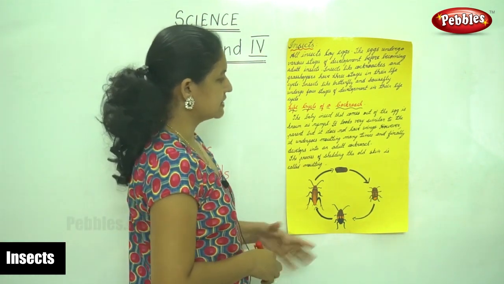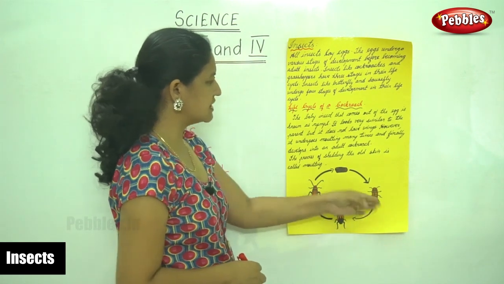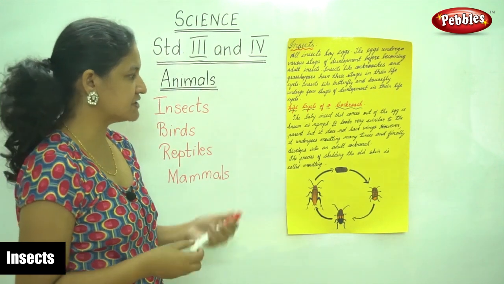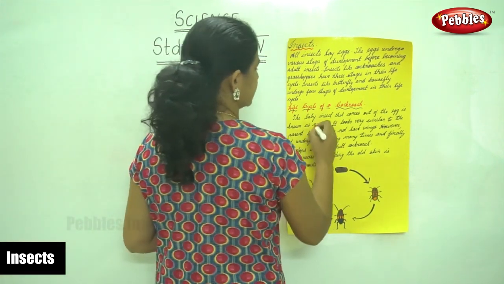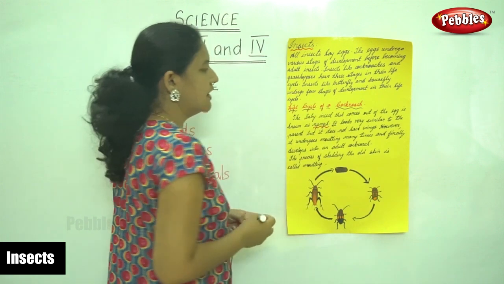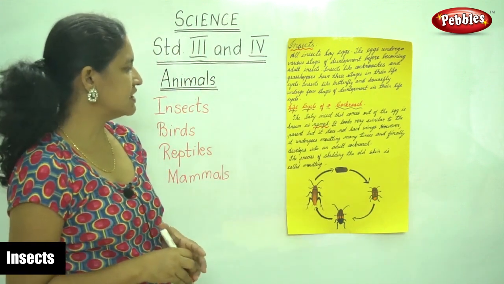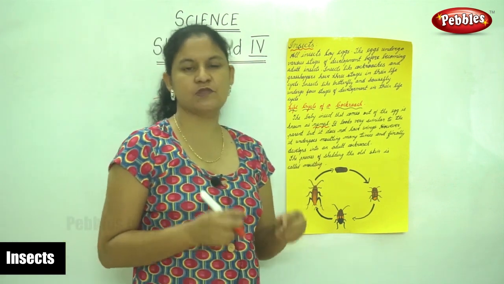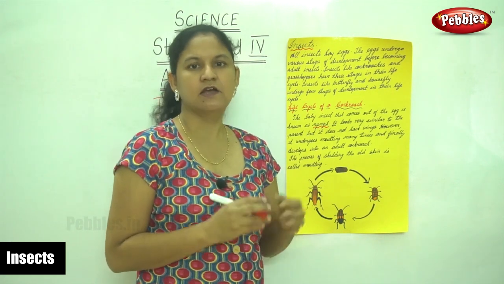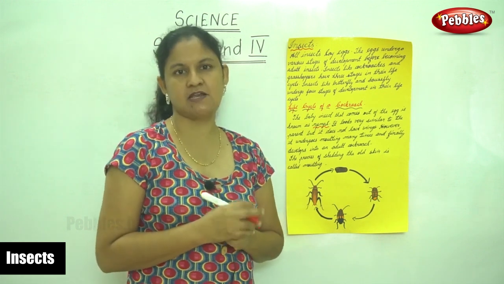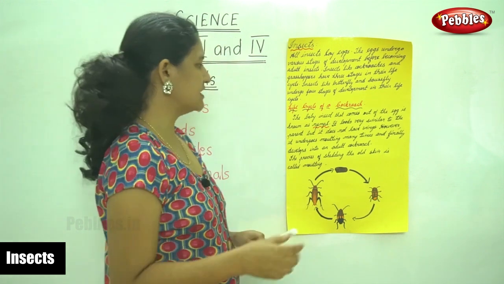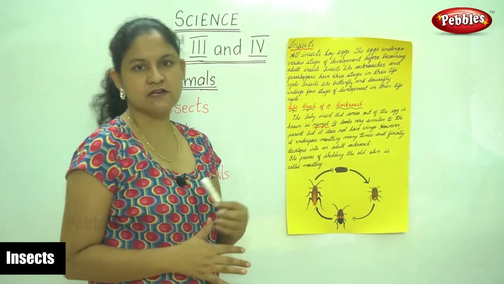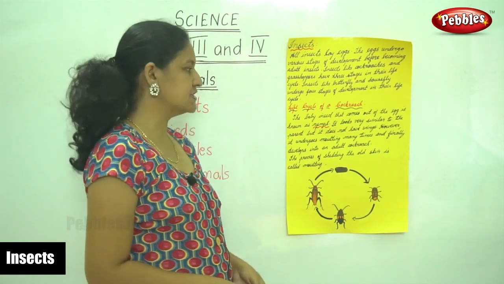The baby insect that comes out of the egg is known as the nymph. It looks very similar to the parent, but it does not have wings. However, it undergoes a stage called molting many times